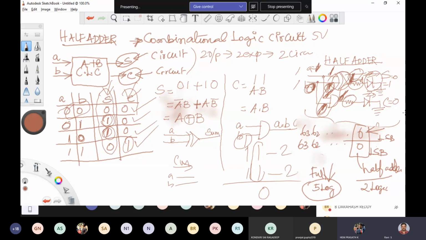Wherever you want to add LSB, whether it is addition or multiplication or any application, a least significant bit addition is used with a half adder. The reason is, just by using a half adder, you are reducing 3 logic gates. 3 logic gates indirectly reduces 12 transistors internally. So if you take millions and billions, it will reduce almost 10,000 transistors. So finally, it saves your cost.